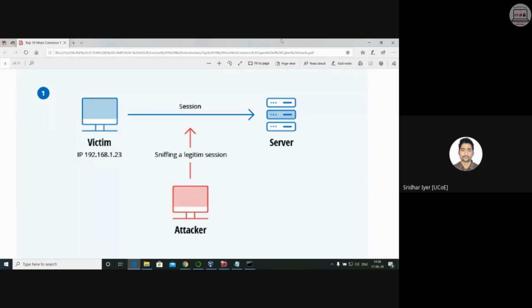The second one could be that you wait for the victim to make a communication request with the server. You first wait for the victim to make a request to the server, and after the victim has sent the request, you send a request to the server by changing your IP address to the victim's IP address. This is a similar concept, but a little tricky. Why? Because you have to keep the timings in mind too. So you can't do it as a person. You need an algorithm or a computer system which runs in the background and keeps track of whenever the victim has sent a request.